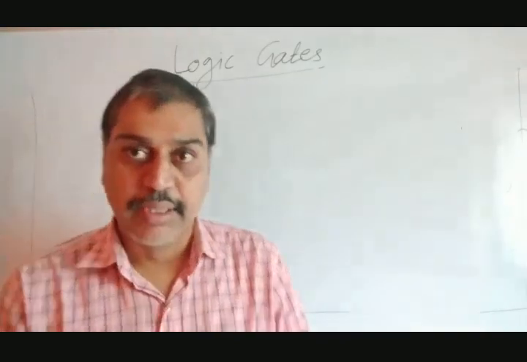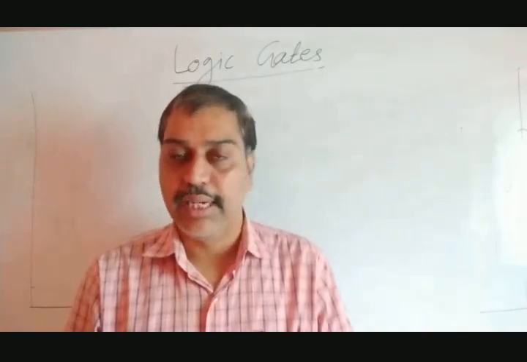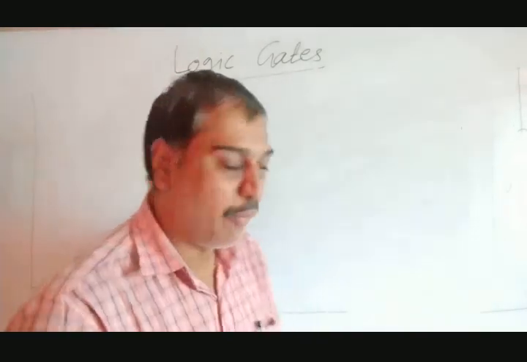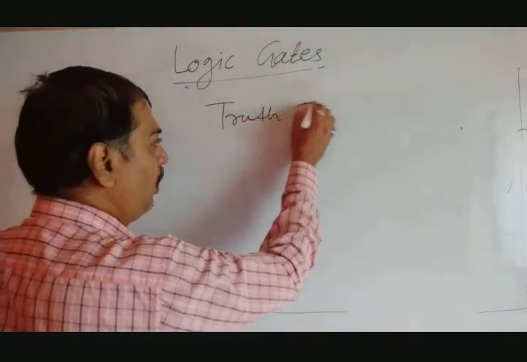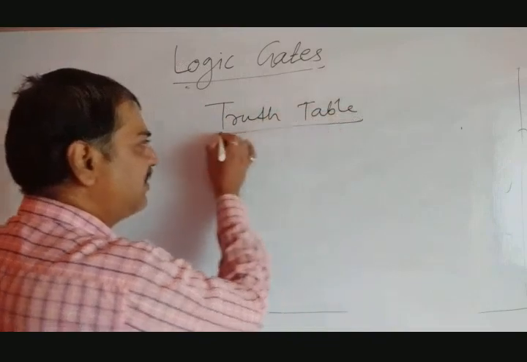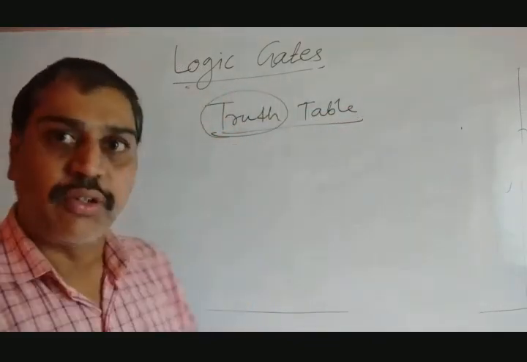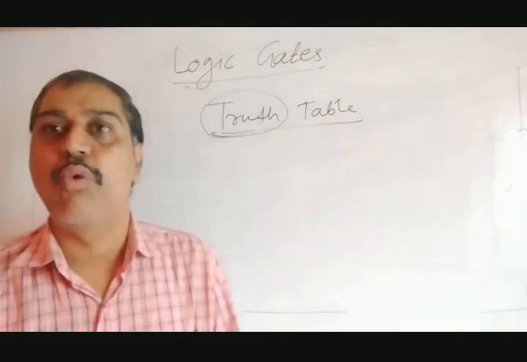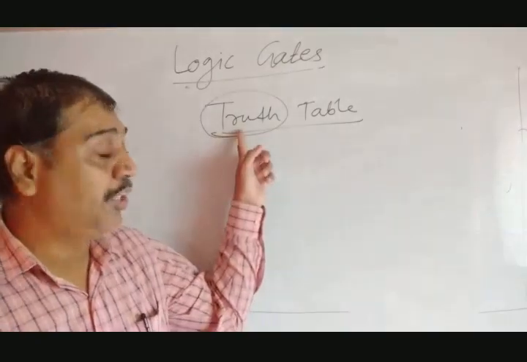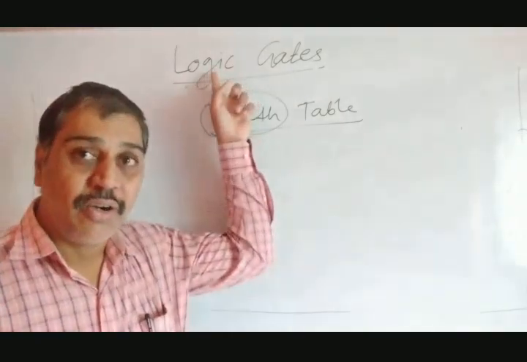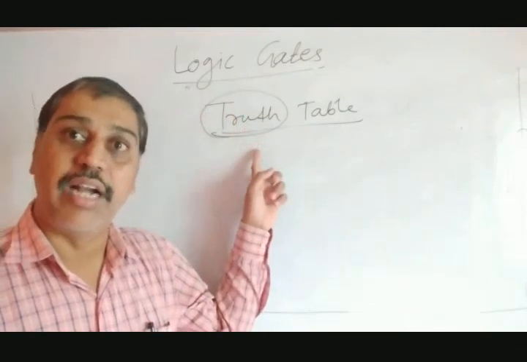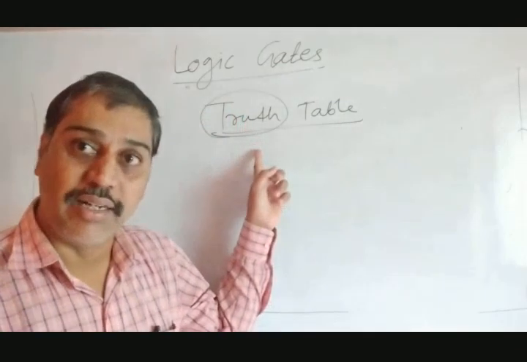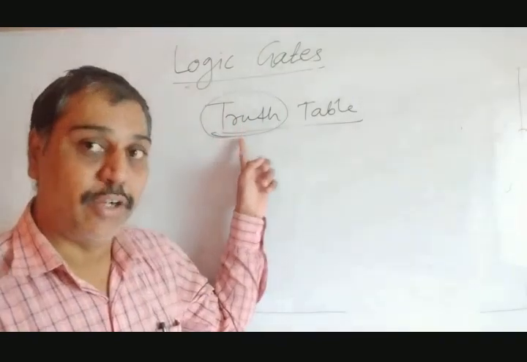Now remember, there is one parameter in a logic gate that is said to be the truth table. What exactly is a truth table? As its name says, it is a truth. So this table always explains the true conditions of the logic. The true conditions of logic are explained by this truth table, and it is always correct, and that's why it is said to be a truth table.